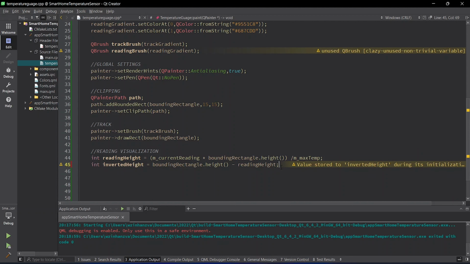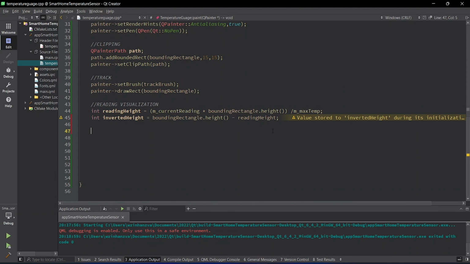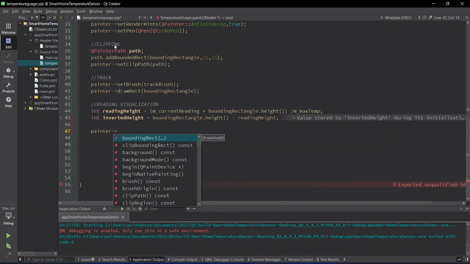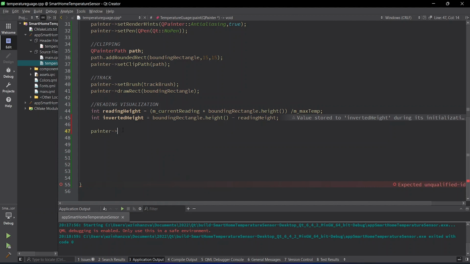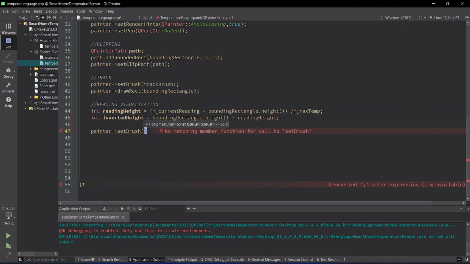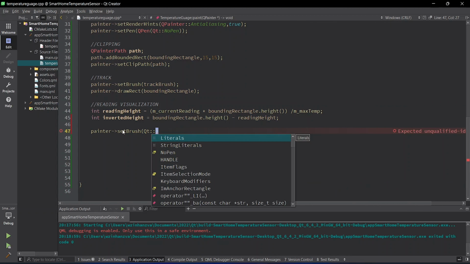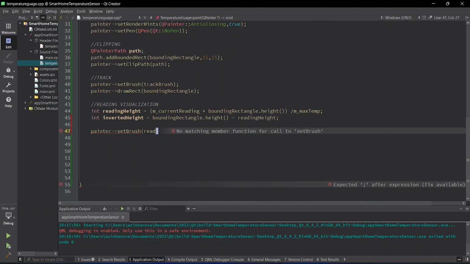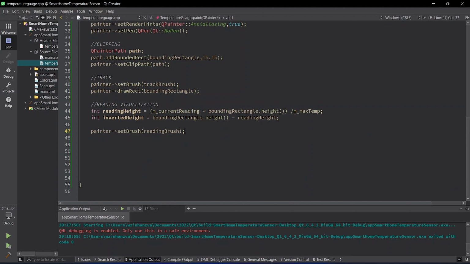Okay, so now that we have this, we need to draw the rectangle for our reading. So first we have to change the brush. Remember, we had set the track brush. Now we are drawing the reading. We need to set the brush to the reading brush. Okay, it's reading brush here. So the next thing that we need to do is to draw the